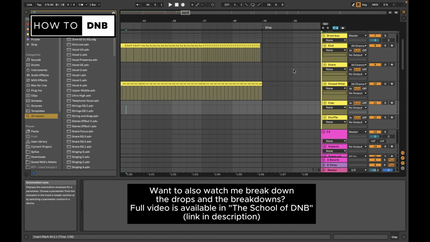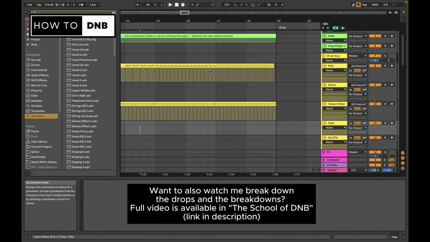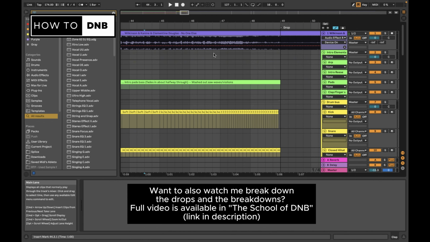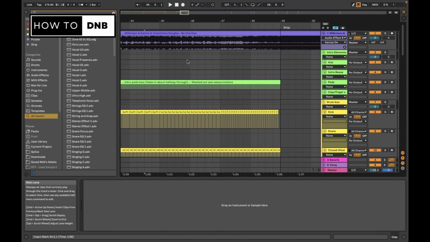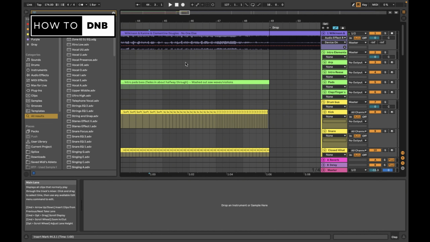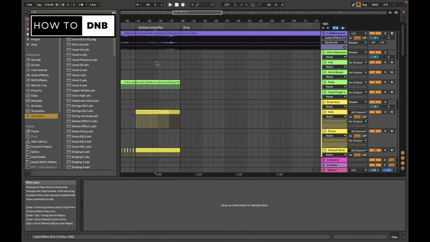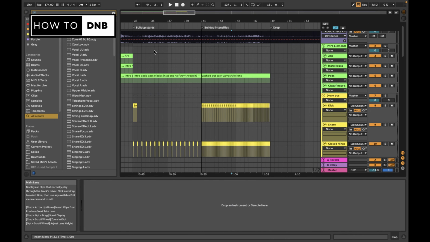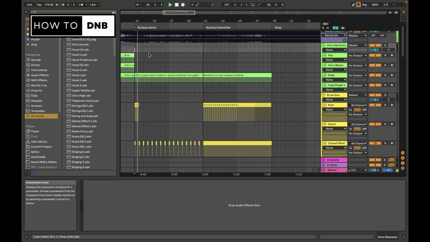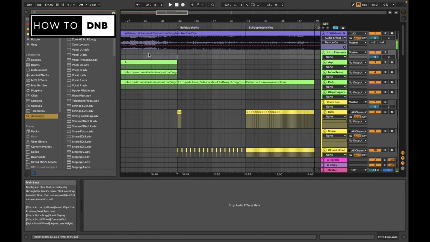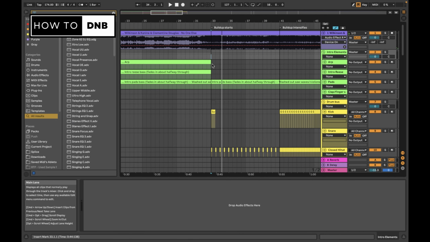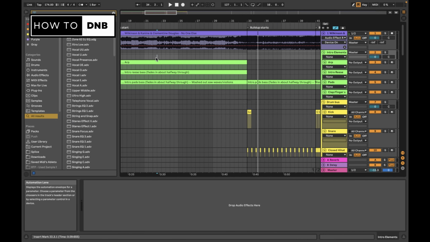And of course, I think the last thing that we need to talk about before we talk about the drop is that lead bass, or whatever you want to call it. Whether you call it a lead or a lead bass or even a bass sound, it's a little bit confusing sometimes in drum and bass because the definitions of those tend to cross over a lot. But let's see what we have here. Obviously, somewhere in this build-up, the vocal comes in. But we also have this dun dun dun dun.